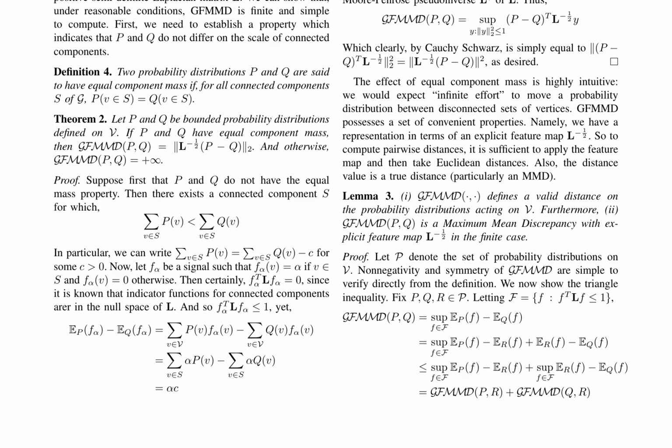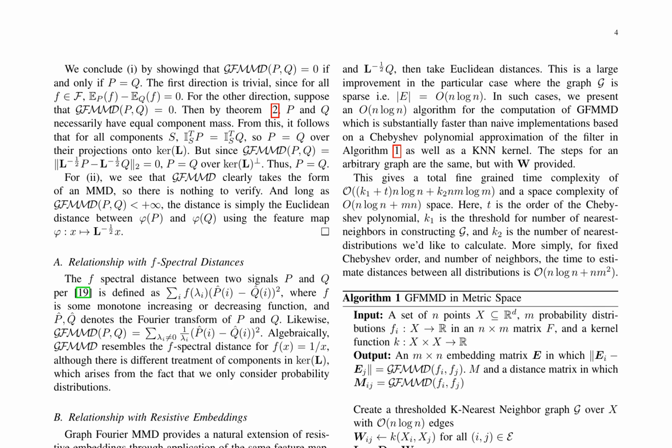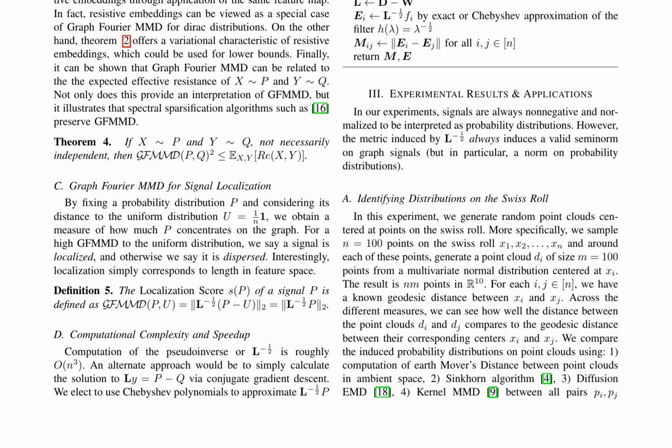The authors provide several theorems and lemmas, including a representation in terms of an explicit feature map, which makes computation efficient. They also show connections to f-spectral distances, resistive embeddings, and expected effective resistance, offering insights into signal properties and graph structure. Computational complexity is discussed, with an O(N log N) algorithm for sparse graphs. Experimental results on identifying distributions on the Swiss roll demonstrate the effectiveness of GFMMD in capturing geometric and topological properties